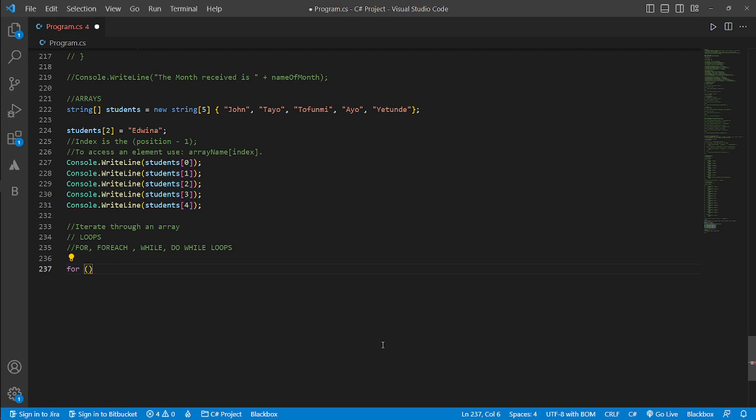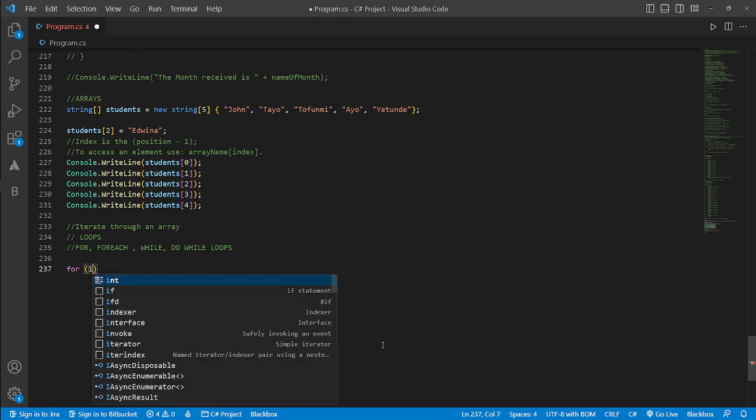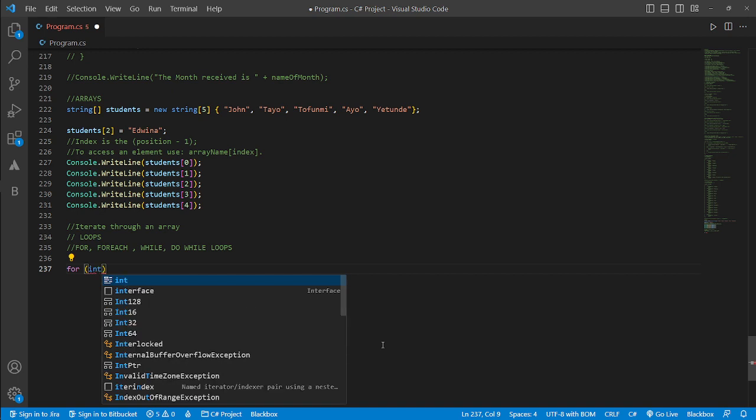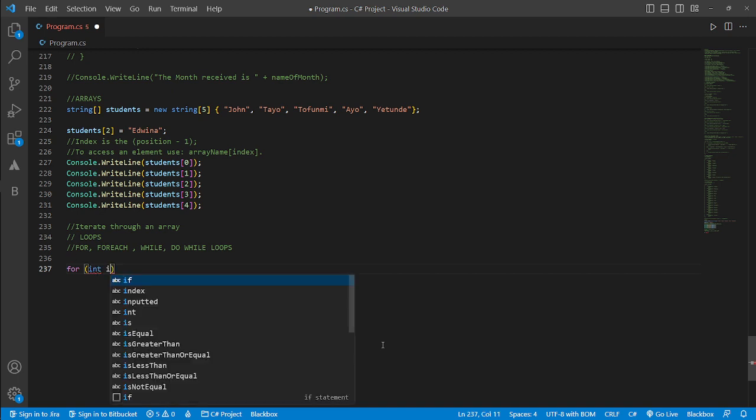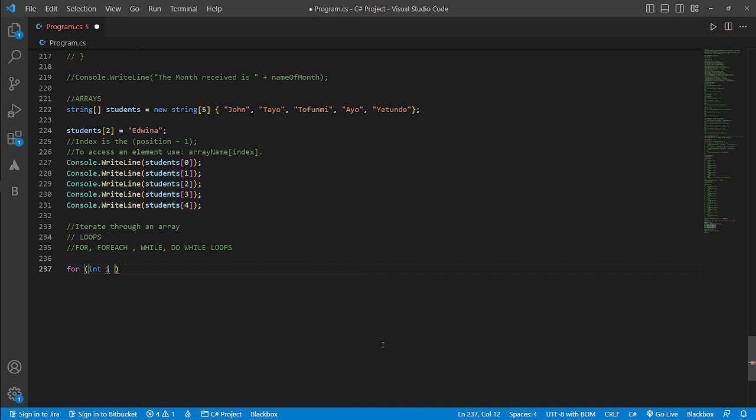So we have to tell our for loop to start from the very first index, which is an integer that we are going to call I, and let that integer be equal to 0. Meaning, start with the very first index, and then from there check if the index is